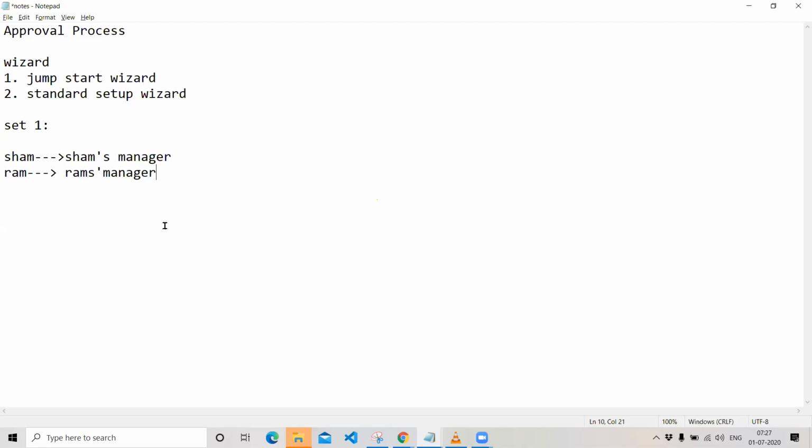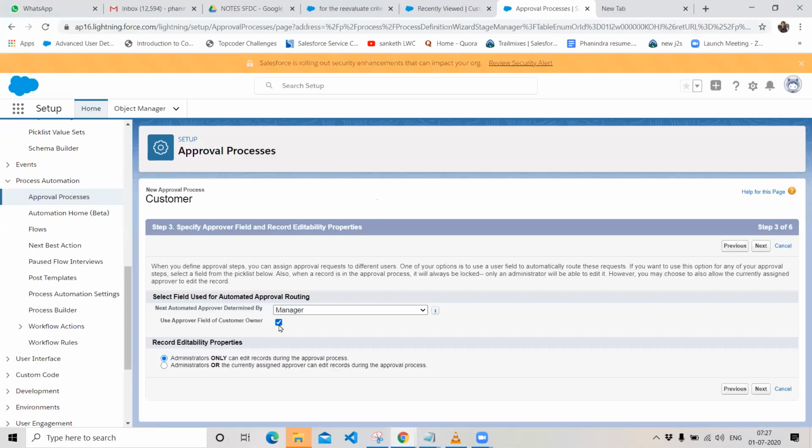If you did not enable this checkbox, since Ram created the record, it will be submitted to Sham's manager. So this is with respect to the use approver field of customer owner.